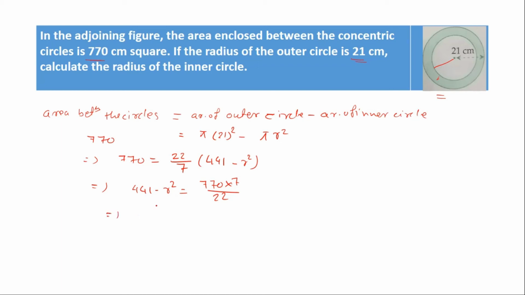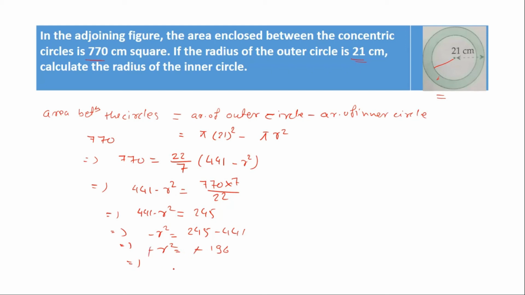When you will solve it, it will be 441 minus r square is equal to 245, or minus r square is equal to 245 minus 441, or minus r square is equal to minus 196,